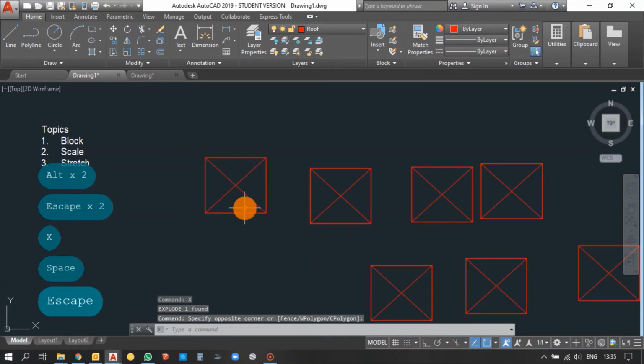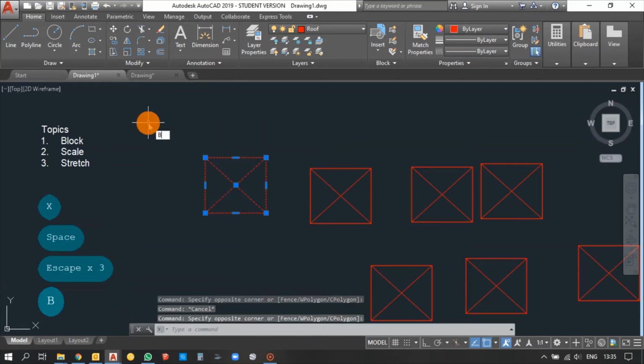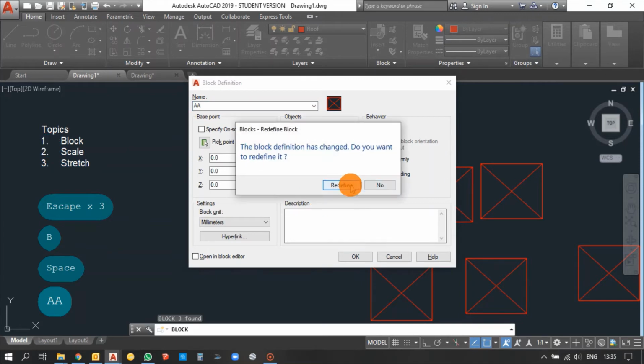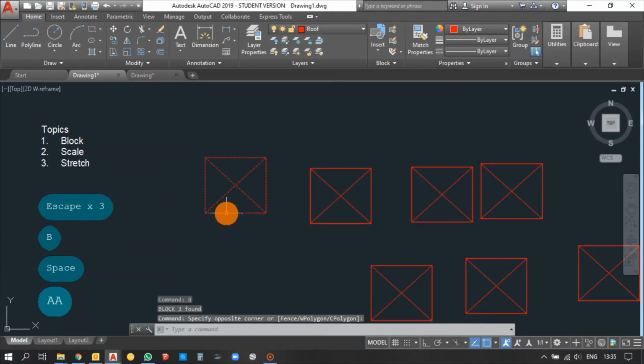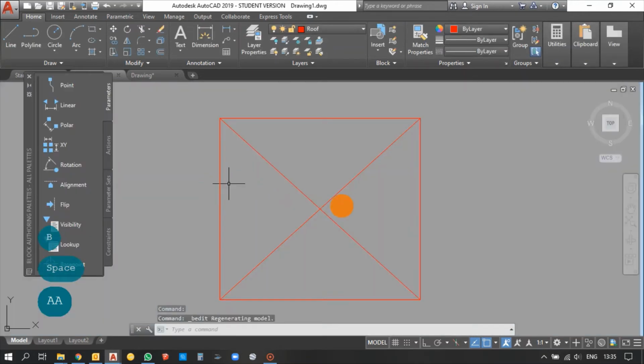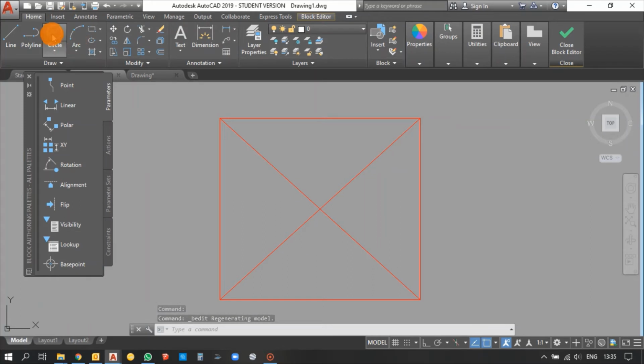So now you can see it has been separated, so it is not a block, and you can make this a separate block now. So B, enter and give it a new block name, redefining the name. So in case you want to change with this block, you can change it as the separate block now. So only the circle has to be made with this block.